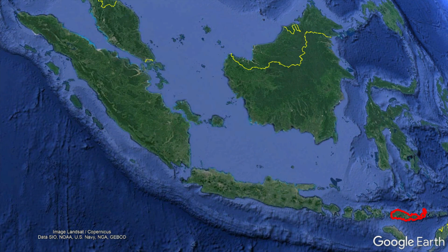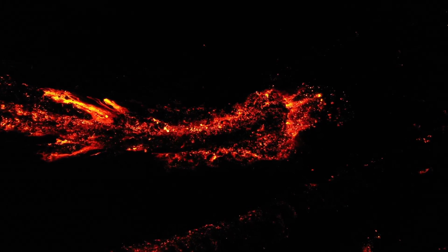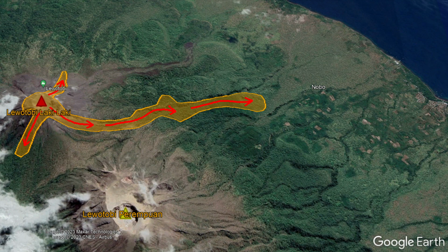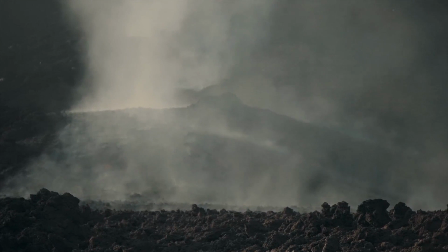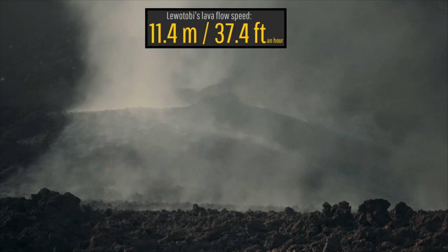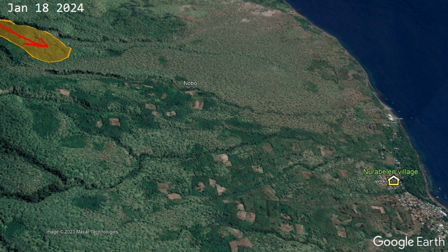In Indonesia, on the island of Flores, a large 10.4 meter or 34.1 foot tall mass of molten rock is slowly advancing towards the village of Norobelen. Although this lava flow, which almost reaches the top of the local canopy, is only advancing at a rate of 11.4 meters or 37.4 feet an hour, this slow pace will be more than sufficient to reach the village by